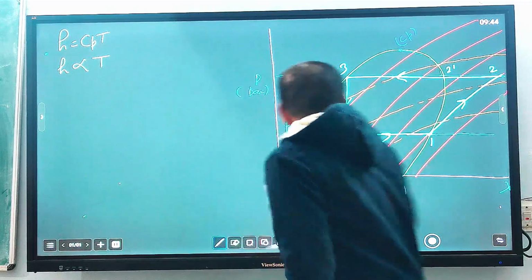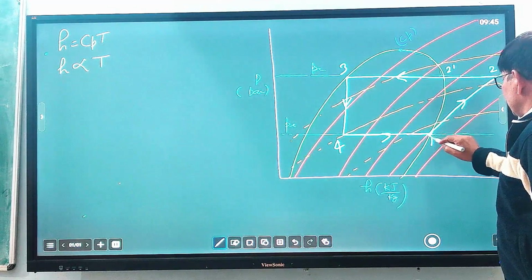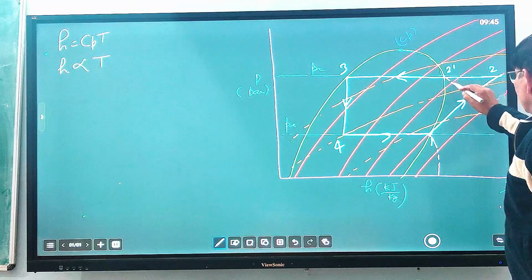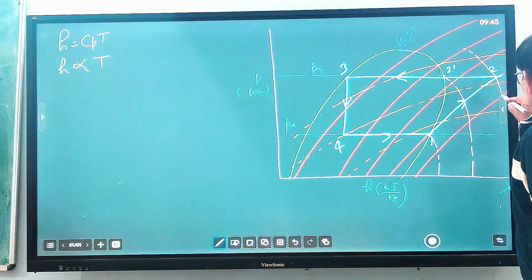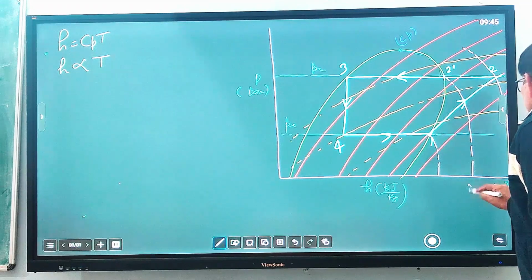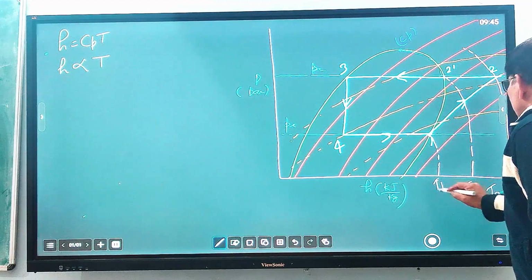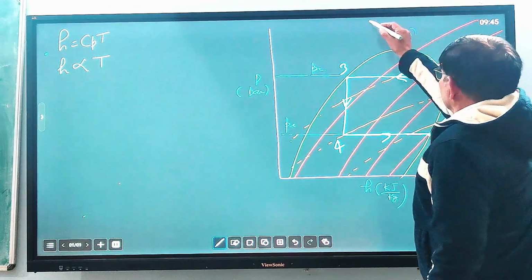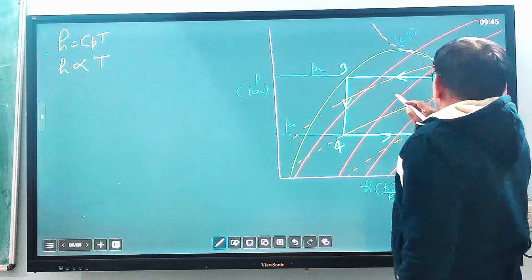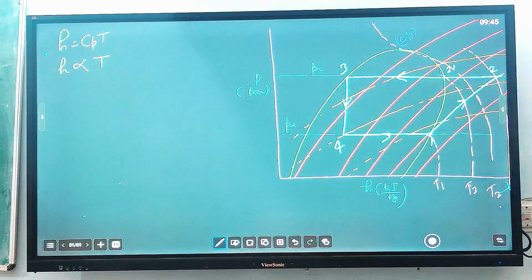Let us define temperature lines. This is a given temperature line T1, and T2 dash. Here you will find the superheated region T2, T2 dash and T1. So if you move in the right direction along the x-axis, temperature will increase. And there are so many temperature lines here. You can show this is a temperature line, and so I have given all the temperature lines that are required for solving